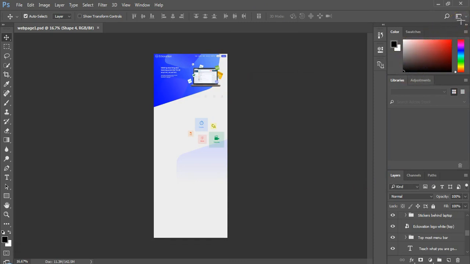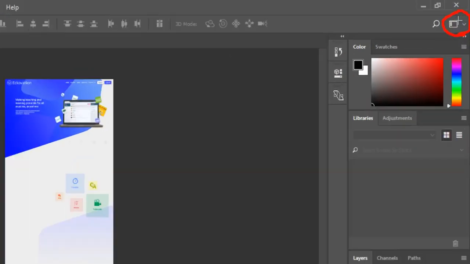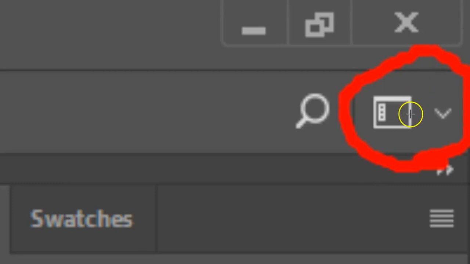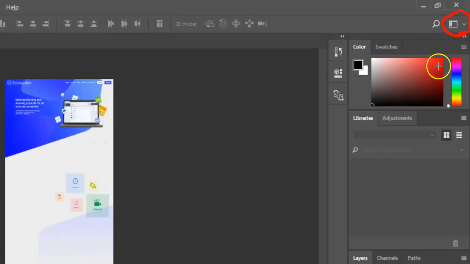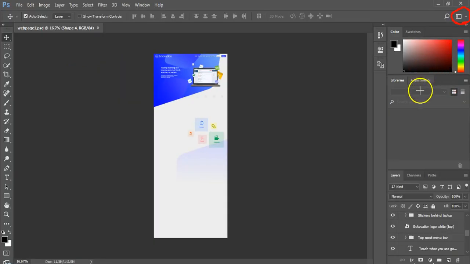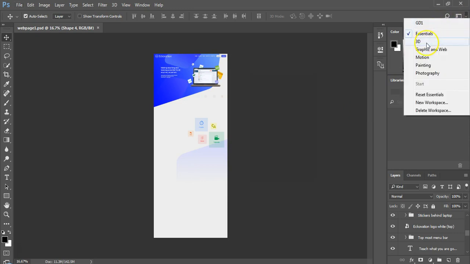Before we start taking our workspace apart piece by piece, let's see what Photoshop has for us as preset workspaces. To the top right of these panels, you can see a small square with some more tiny squares in it, which looks like a representation of a screen, and an arrowhead pointing downward on its right. Remember, if your Photoshop version is not 2017, then you might see the name of the workspace instead of this tiny square. Click on the arrowhead to reveal a drop-down menu showing different preset workspaces. Here we have Essentials, 3D, Graphic and Web, Motion, and so on.